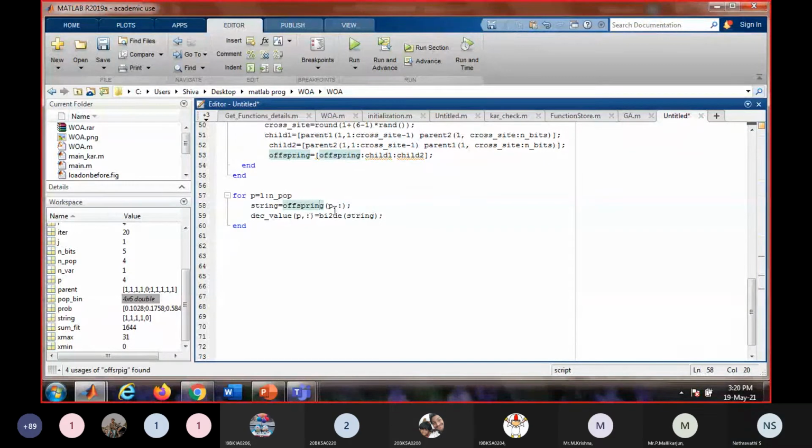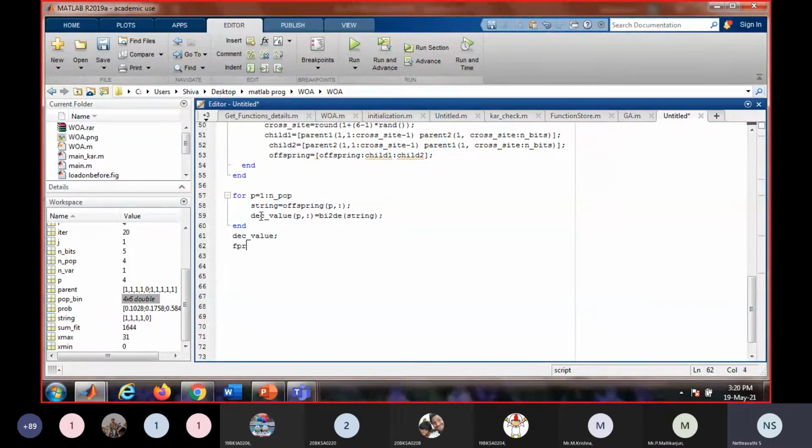Yeah, we'll convert it into decimal value. Okay. And then we can just display what is the decimal value we got after we generate the first offspring value.